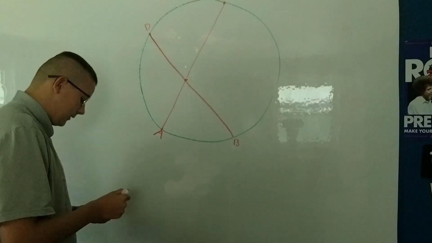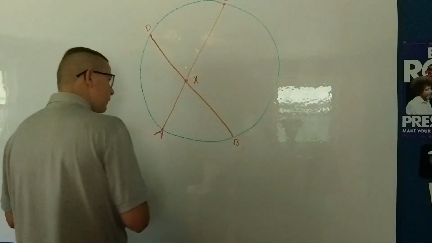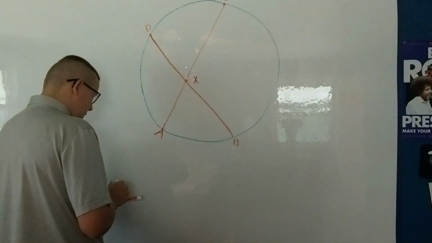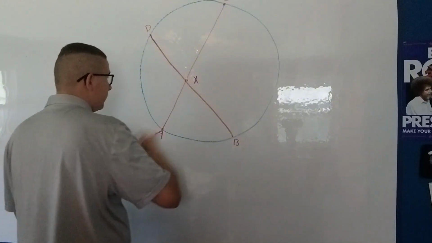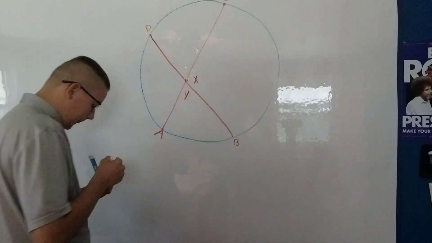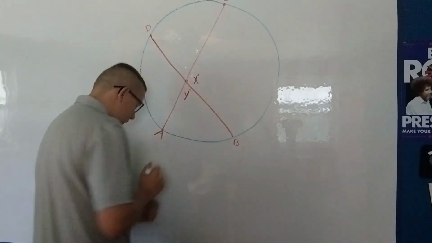So what this says is if we have angle X here and angle Y here, in red again, X degrees, Y degrees,